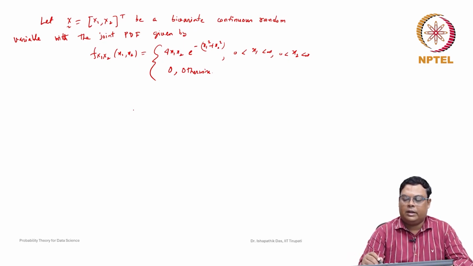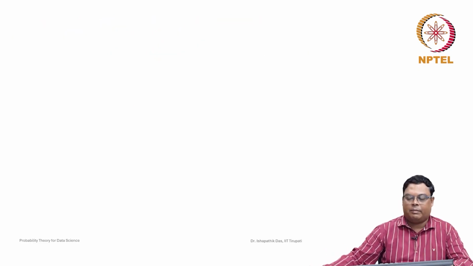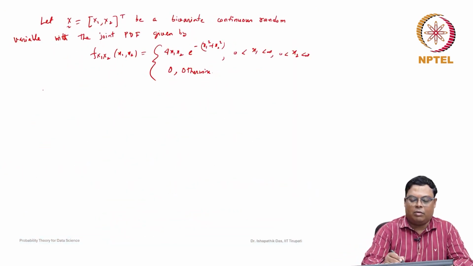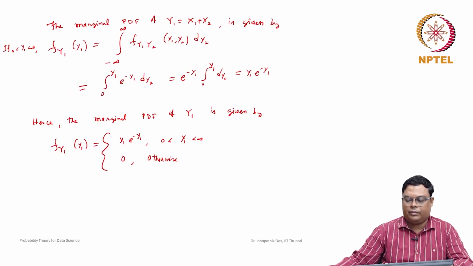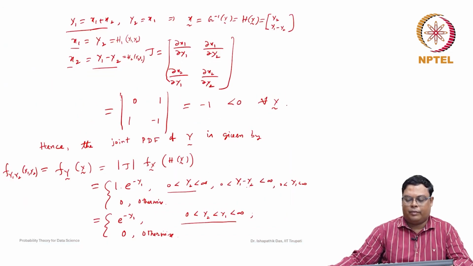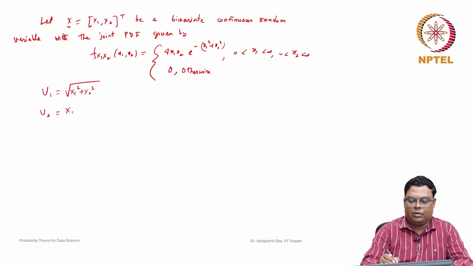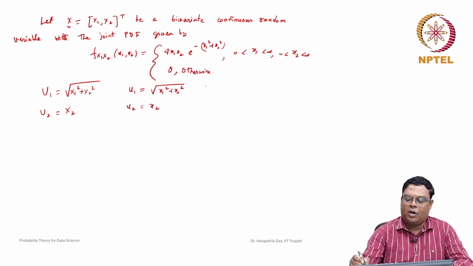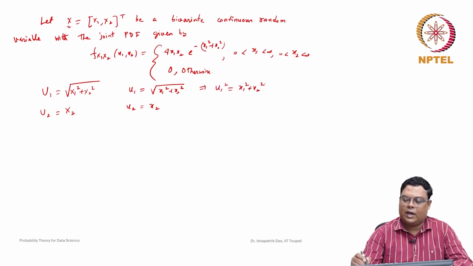Now, the transformation taken is u1 is equal to root over of x1 square plus x2 square, and u2 is equal to x2. So, in the real numbers, because these are all random variables, u1 is root of x1 square plus x2 square and u2 is equal to x2. So from here we can find u1 square is equal to x1 square plus x2 square